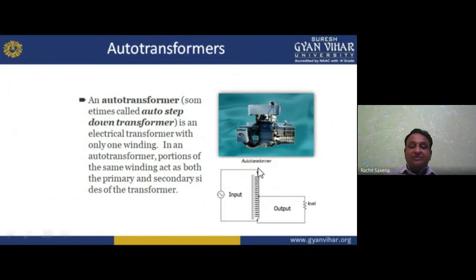Now see here. In this we have the turns. This will become the input, and this will become the output to the load. So a single core, and we have a single winding on it, one winding instead of two windings. One winding means that the winding turns behave as the primary for some part and as the secondary for the rest. We take the input across a few turns of the primary winding, and the remaining turns work for the secondary. I hope you understand how it behaves and what the difference is. The difference is that in an auto transformer we have only a single winding mounted on a core. It is also known as an auto step transformer.